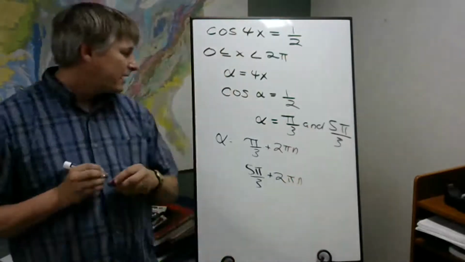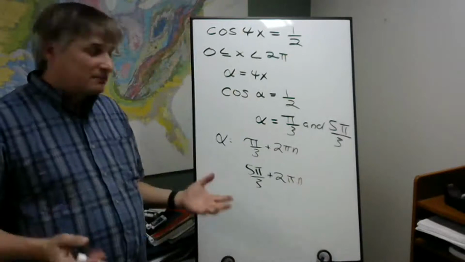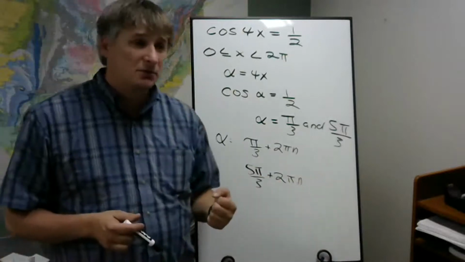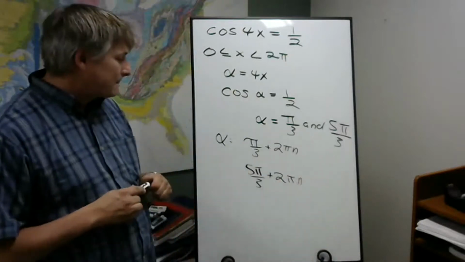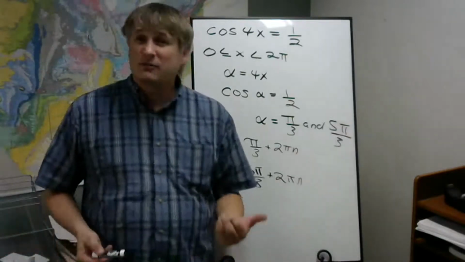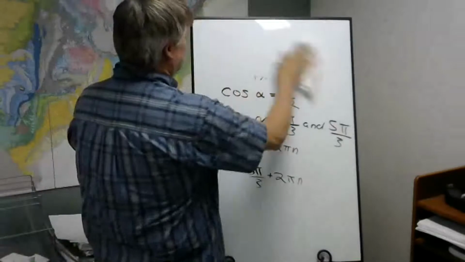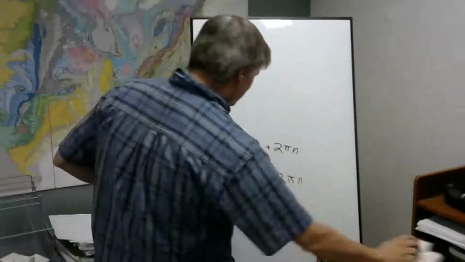And then 5 pi over 3 plus 2 pi n. So again, we have the possibility of rotations. Now, this is what alpha can be. But we're not looking for this alpha. We're looking for 4x. So since alpha equals 4x,